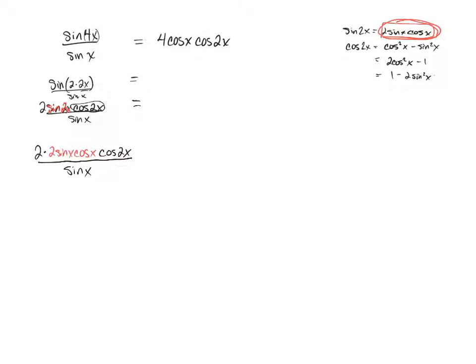If we keep an eye on the right side and we say, hey, we need a 4. Well, I see a 2 times a 2, so that makes a 4. This entire numerator is all things that are being multiplied together. 2 times the sine times the cosine of 2x, all over a sine of x. Well, when you have multiplication involved and there's a common factor of sine of x in the numerator and sine of x in the denominator, we can take those two factors, sine of x, and cancel them out, which leaves us with this cosine of x that's in red, and that cosine of 2x